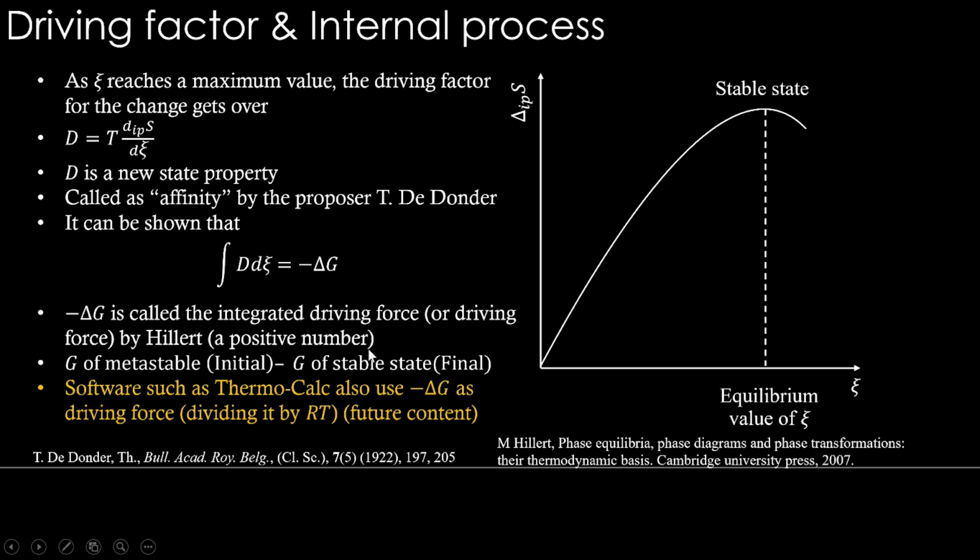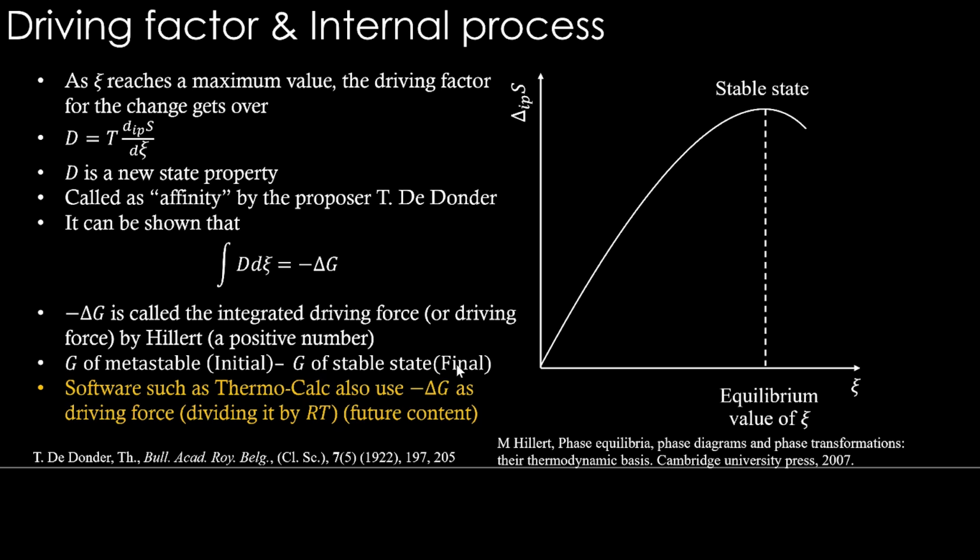Meaning we are talking about G of the metastable initial state minus G of the stable final state, the reverse of it basically, to give a positive number for any change to happen if there is a driving force. If the final state has the lower Gibbs energy, then this delta G is a positive number, and it is good to say that since there is a positive number, for it to go from here to there, it will go. Right. So in that way, this is formulated as initial state Gibbs energy minus final state Gibbs energy.